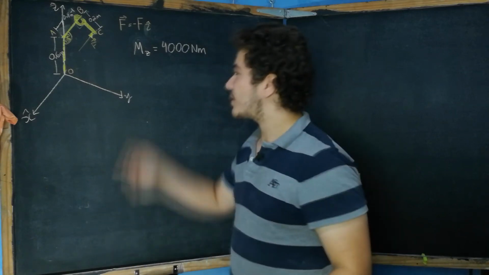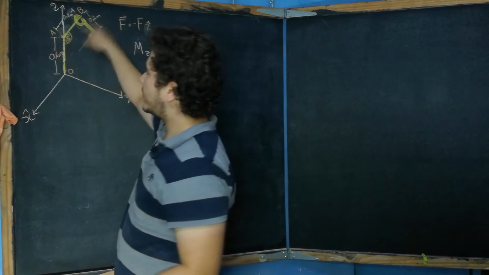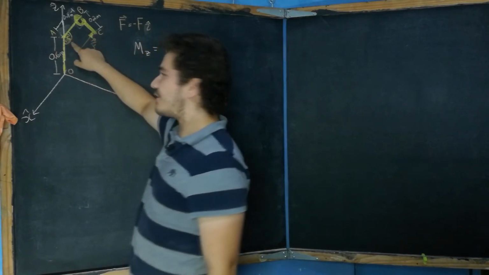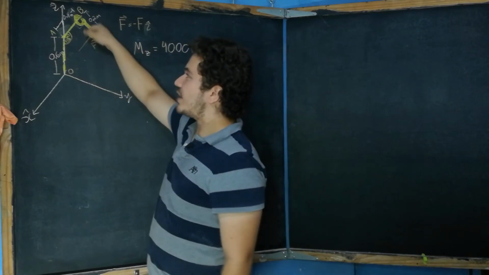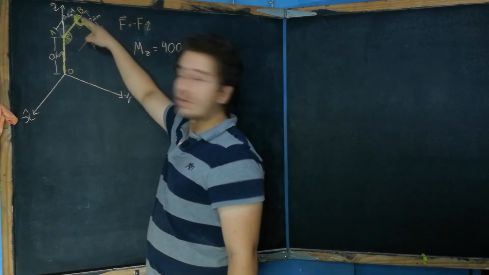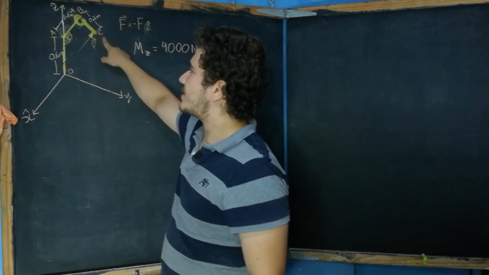Hey guys, in this video I'm going to solve this problem. To explain quickly, it's just two pipes welded at a 135-degree angle between each other, and then we apply a wrench at the limit of the second pipe, and then we apply a force at the lowest point of that